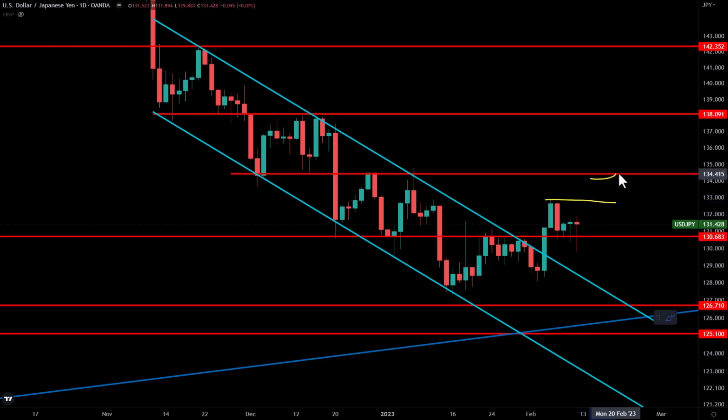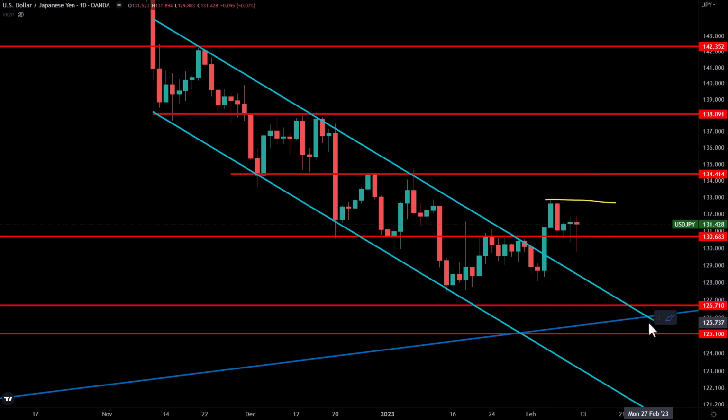we could see a run at 134.50, which is going to be the next key resistance for the dollar yen on the way up. And if we see a close back below 130.60, that would be bearish in the short term and could re-expose the top of this channel and potentially that confluence area that I've talked about down here